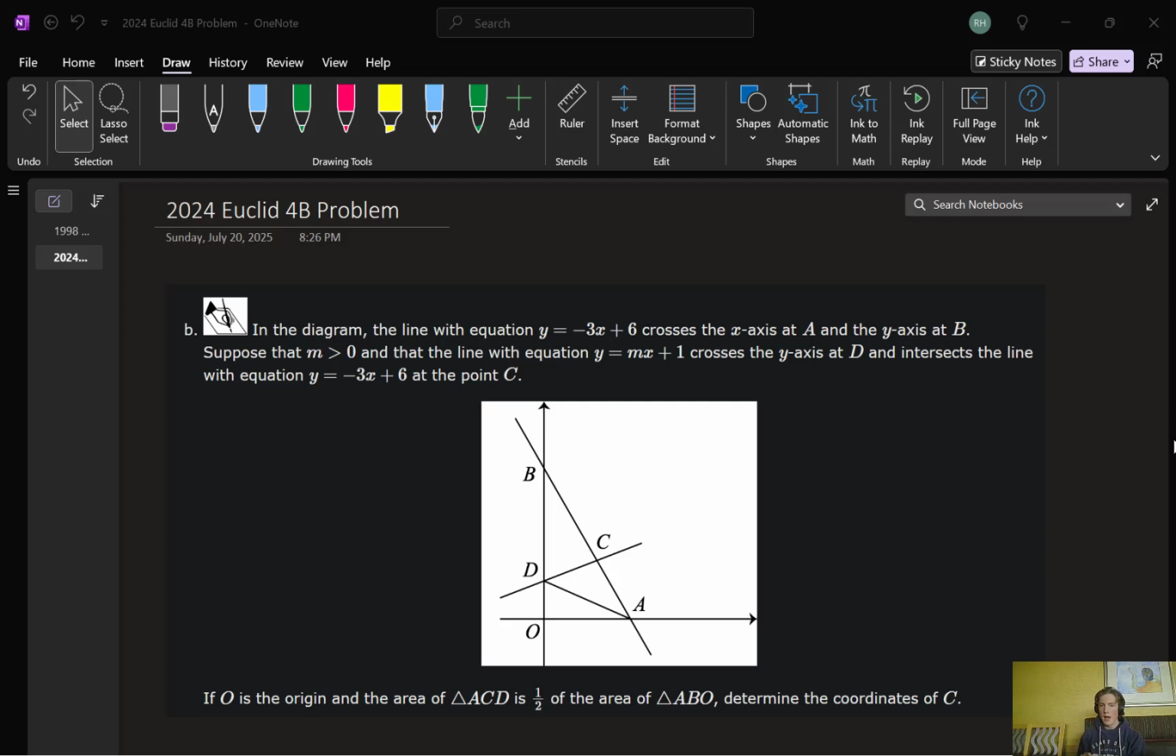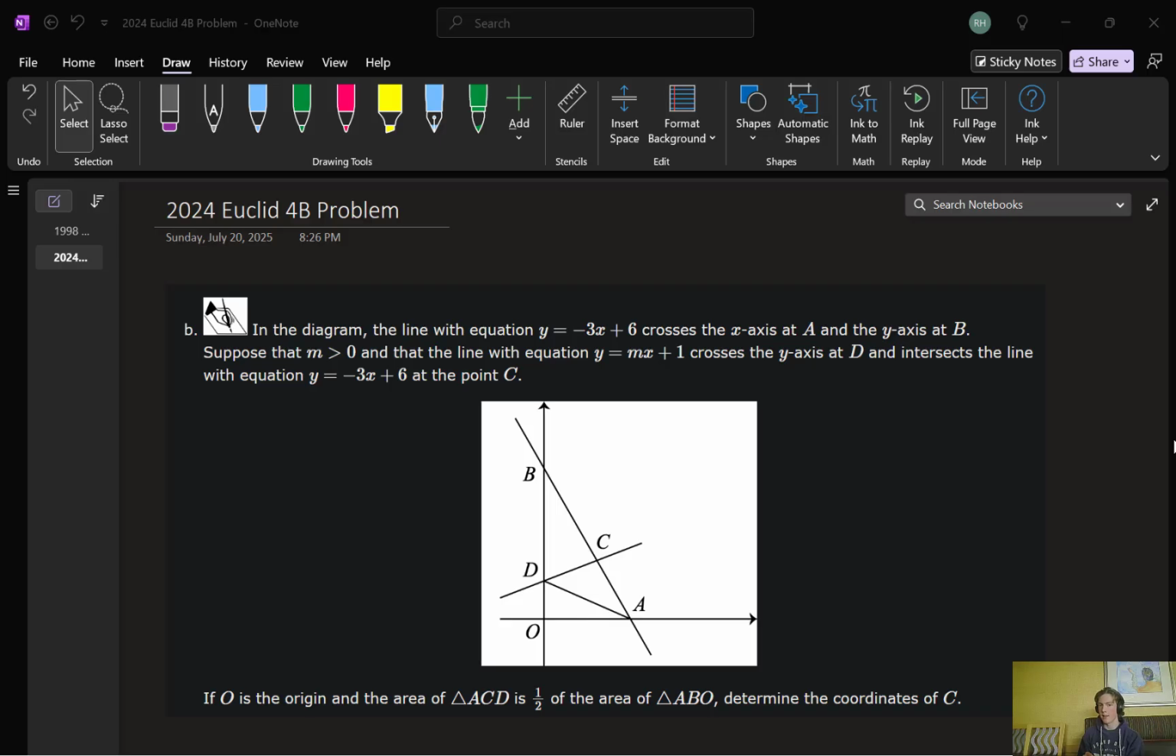Hey everyone, this problem is from the 2024 Euclid 4B. I thought this one was kind of interesting because there's a few routes you could go down. The first one I tried was a bunch of trig equations. The second was a brute force algebra approach, and then the third was a very simple way that I thought was pretty cool. And so this problem says in the diagram, the line with the equation y equals negative 3x